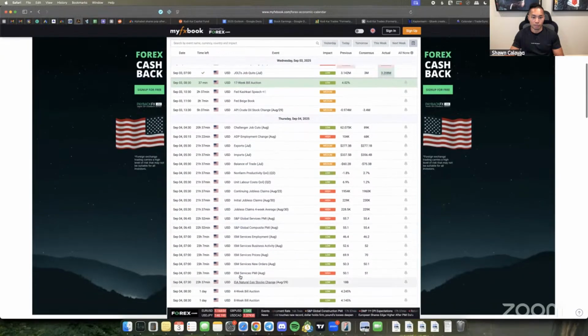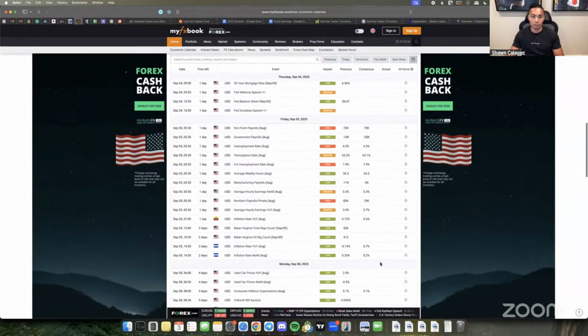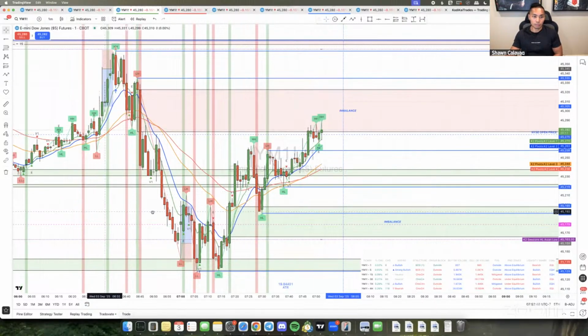Then we have ISM Services PMI at 7 o'clock. So tomorrow is going to be very volatile. We have a lot of high impact news events pre-market and then mid-market. And then on Friday, of course, this is going to be the most manipulated day of the month. We have NFP right here on Friday. So I'm hoping on those days, we're going to have more of a directional move or some sort of volatility push. I mean, today price did come down a bit, but for the most part, it was just in